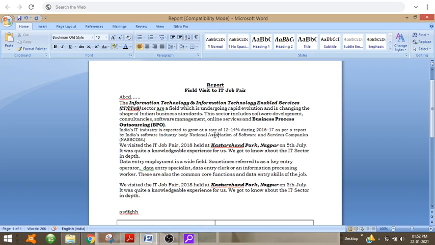So in "national", if I delete one letter O, then it will create a red line at the bottom of the text that indicates there is a spelling mistake. These are not words in English, so that's why it is showing red color at the bottom of that word. But these are English words, so we can easily correct these words.